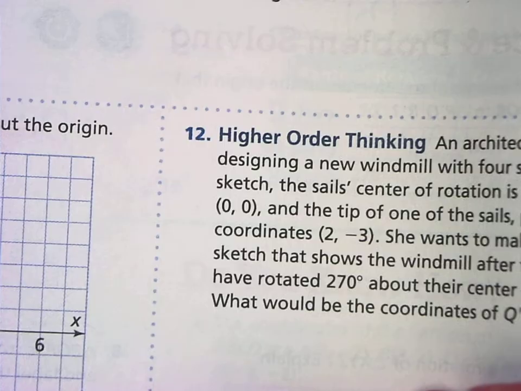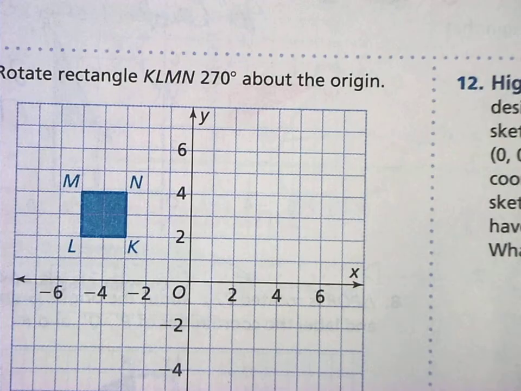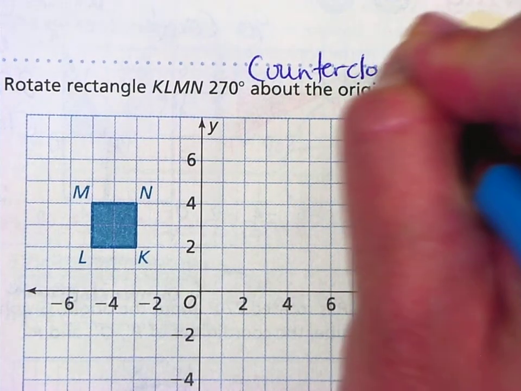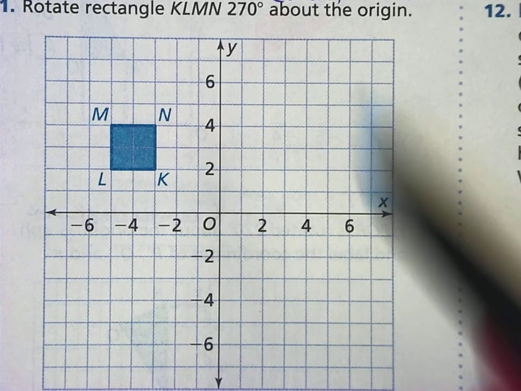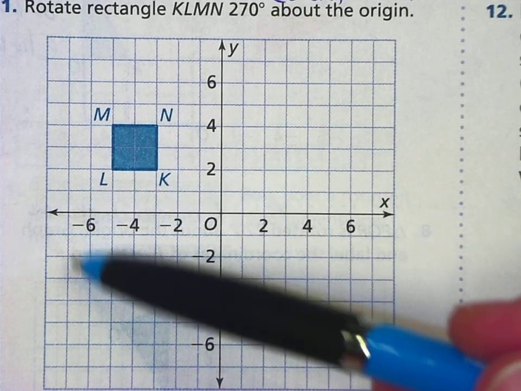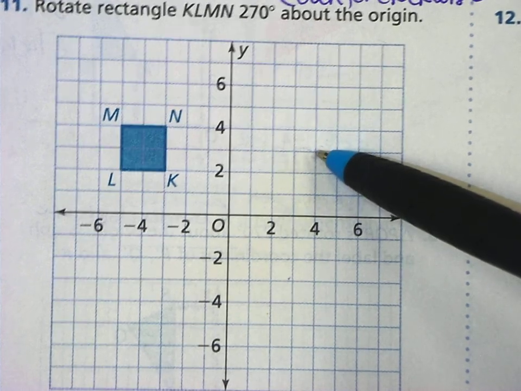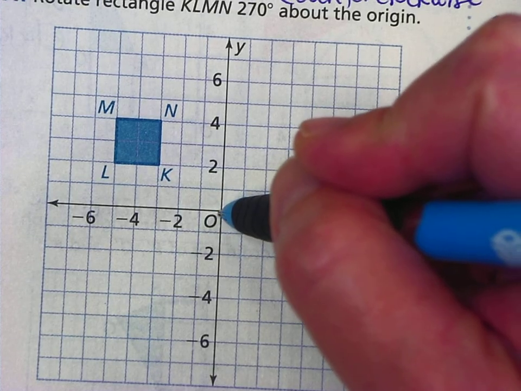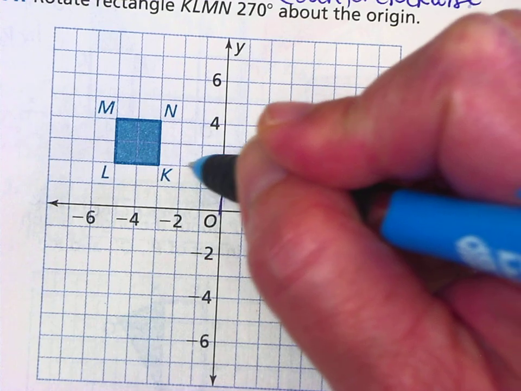Okay, let's try one more of those. Take a look at number 11 on the back. Let's rotate 270 degrees about the origin. Again, it does not tell us which direction, so we are going to go counterclockwise. That means 3 turns left. If we start here and we turn 1, 2, 3 turns left, it's going to land up here in this quadrant. So let's create this L-shaped pattern for K. I'm going to start on this axis right here. If I go over 2, out 1, 2, 3,